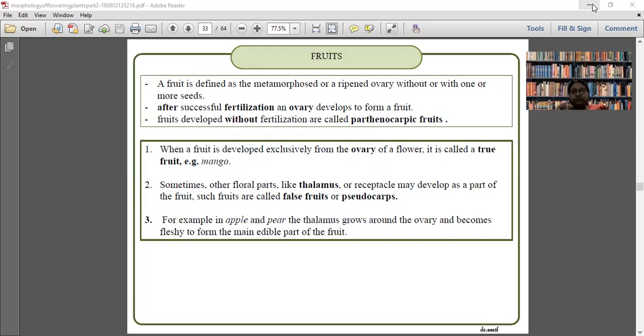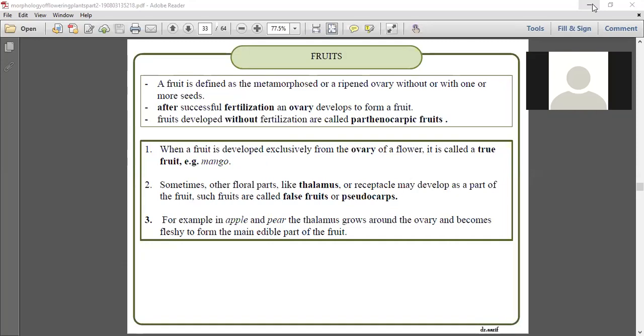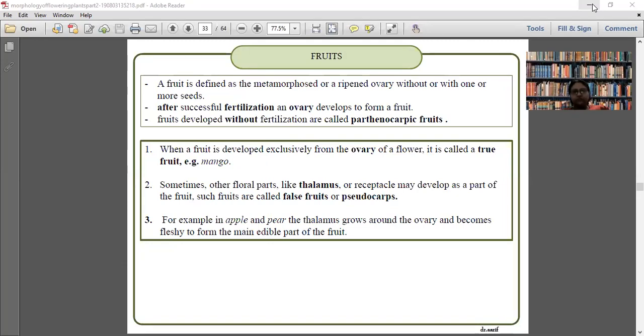Now I am going to talk about false fruit, one of our most favorite foods. They say one of it a day will keep the doctor away. Can you guess which? Apple. So apple is not actually a fruit, you know. Very sad to tell you about that. It is called a false fruit. Why?